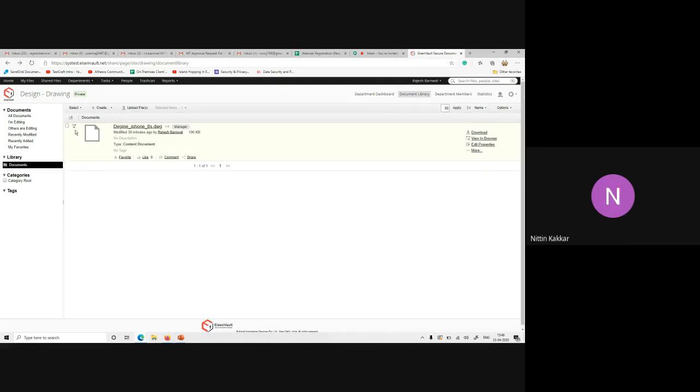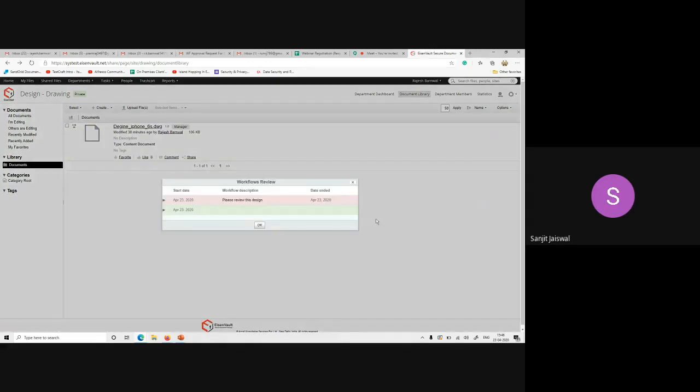So Rajesh, you can click on view all workflows over here. Here you can see all the workflows the document has been through. The green one indicates the document has completed, and the red indicates the document is still part of the active workflow.